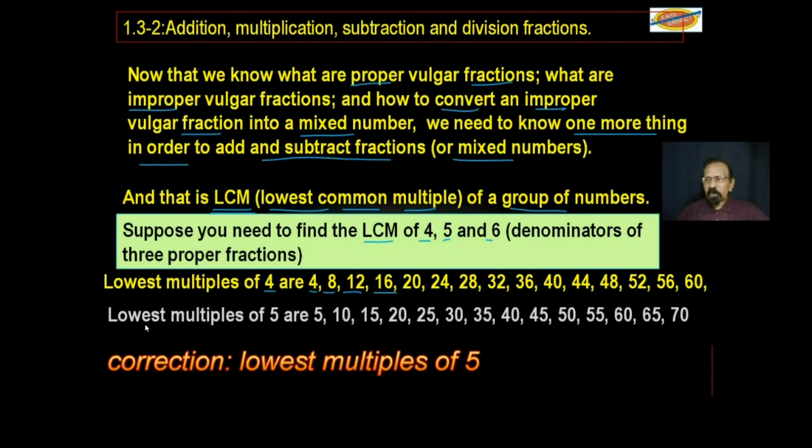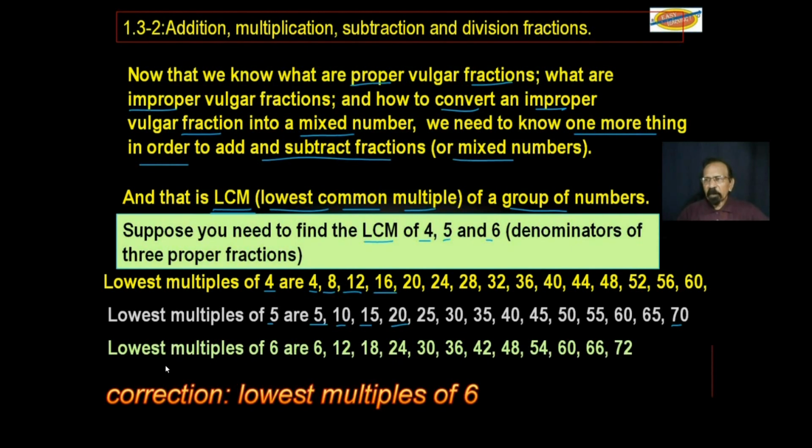Then we look at the lowest common multiples of 5. We get 5, 10, 15, 20, and so on. We could go up to 70. And we look at the lowest common multiples of 6. We get 6, 6 2s are 12, 6 3s are 18, 6 4s are 24, right up to